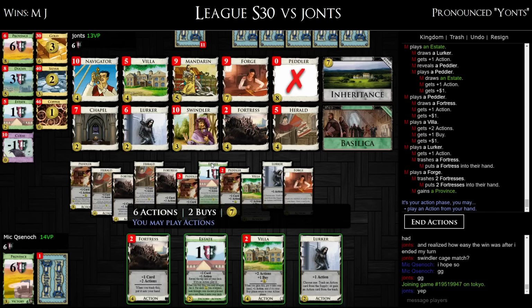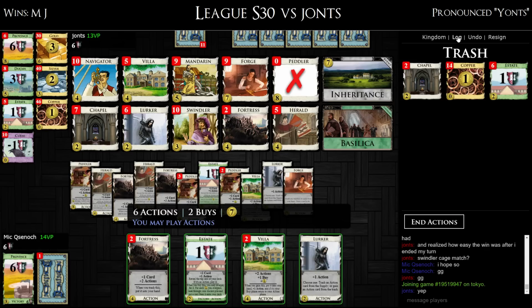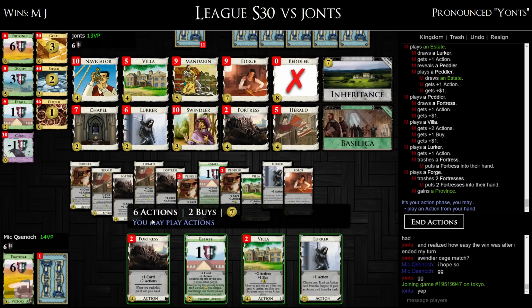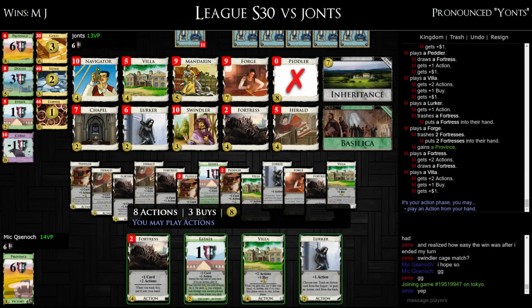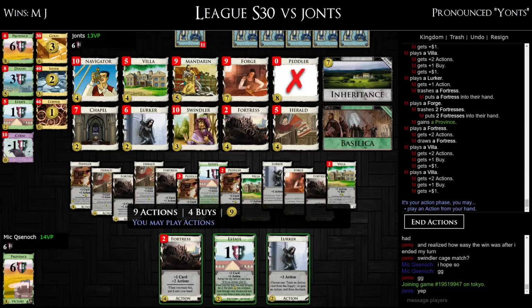I don't know what my last card is. It might be a... No, it's not. I don't think there's anything useful. Is it a peddler? Is it just another fortress? Yeah. Having 10 here would be pretty nice. But I don't, so...